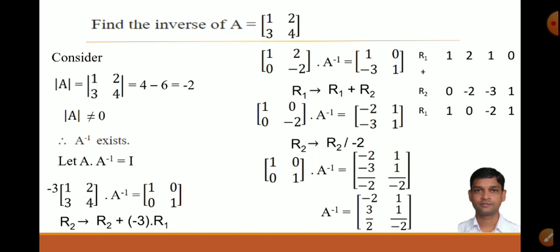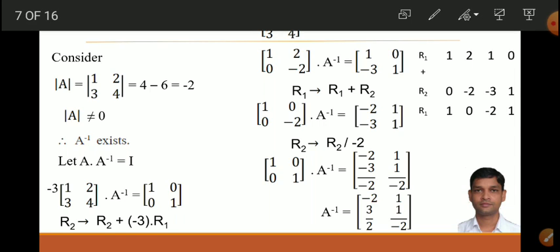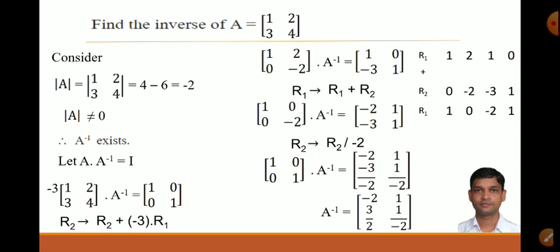So I into A inverse is A inverse. So A inverse is -2 1, 3 by 2, 1 by -2. This is your final answer, that is A inverse. Okay, all of you understood? You just recall this example once again. You start writing in your notebook, then only you can understand this process. We will see a 3 by 3 matrix also to find the inverse of a 3 by 3 in the next video. Okay, thank you.